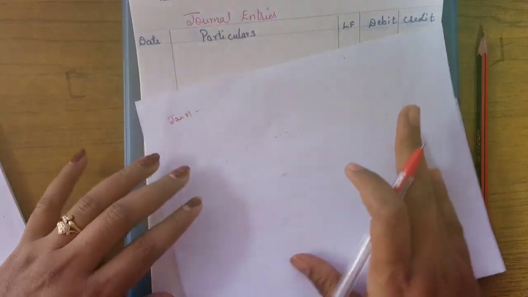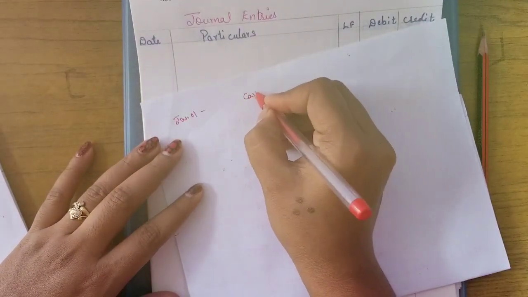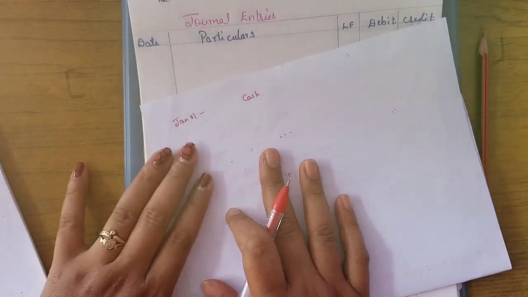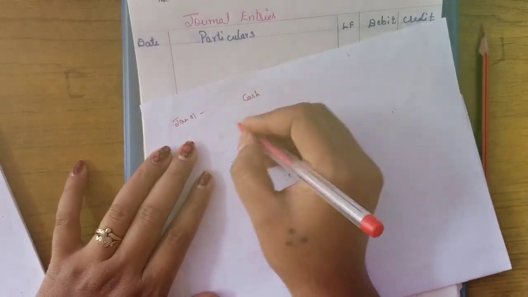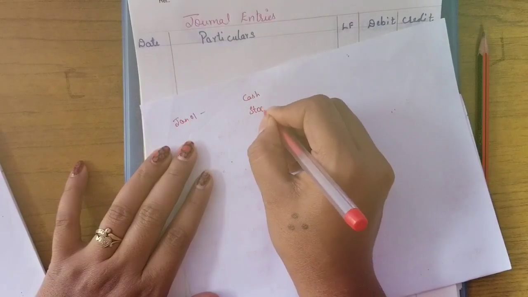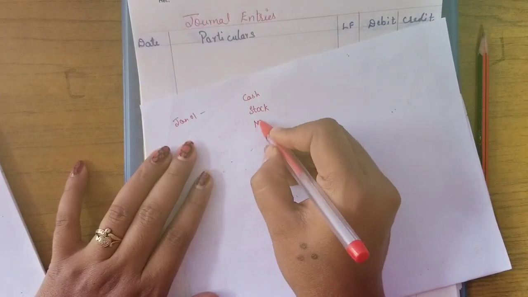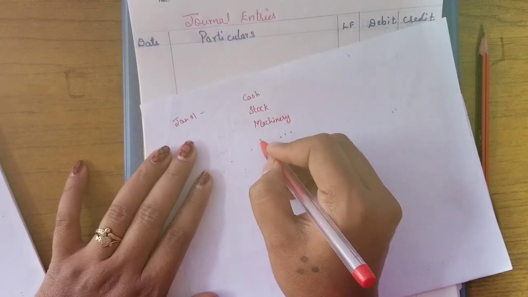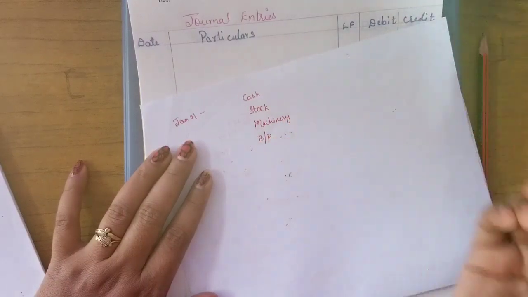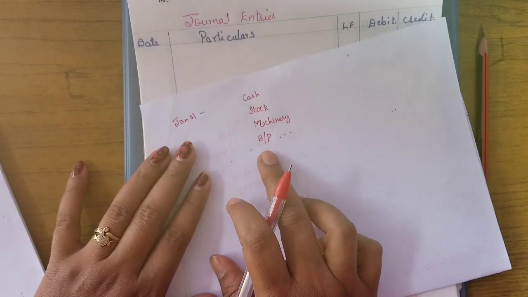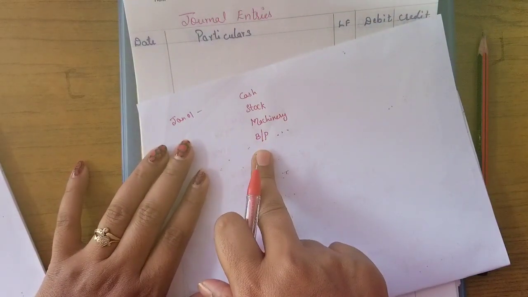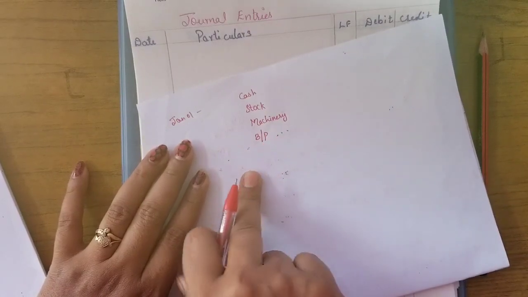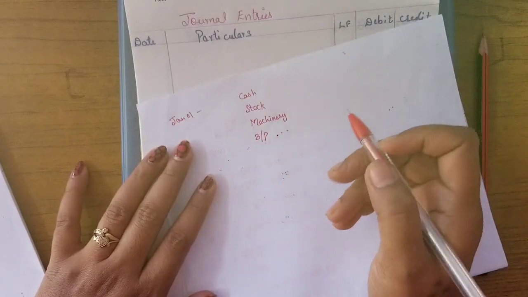They are starting a business with what, all the aspects that are there, we will take. Whatever items they are starting with, that we need to take. They are starting with cash they have, and they have stock, and also they have machinery to start the business, and they have bills payable. So bills payable is also one of the common basic terminologies. It comes under your basic terminologies. Okay, what does bills payable mean?